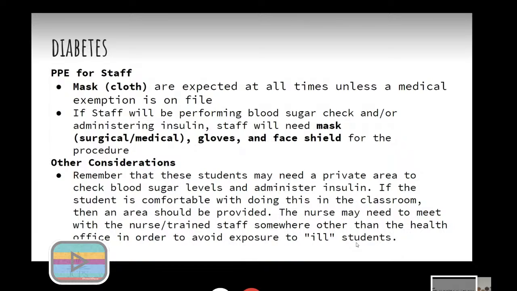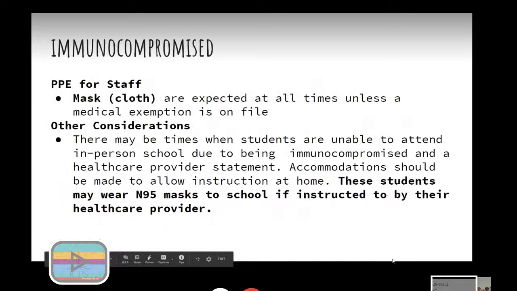So in other words, you don't want to send a student with diabetes to check their blood sugar to the room where you're using as an isolation room for sick children. You want those procedures or those things that aren't involving sick kids, you want to keep them separate from the well students. If you have kids that are immunocompromised, their immune system is not fully functioning,